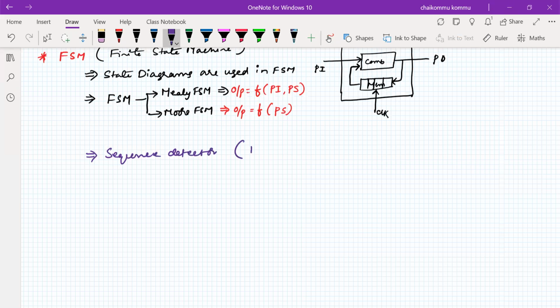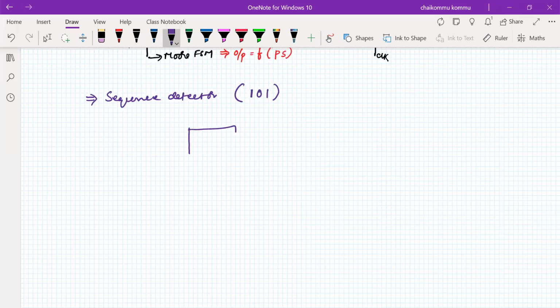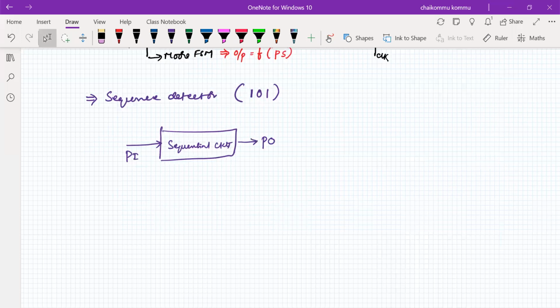It has to detect 101, for example. That means we consider one particular digital system that is a sequential circuit, having a primary input and a primary output, and a clock signal is available.